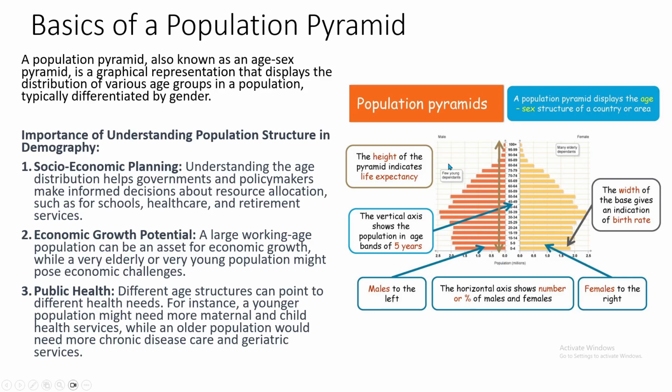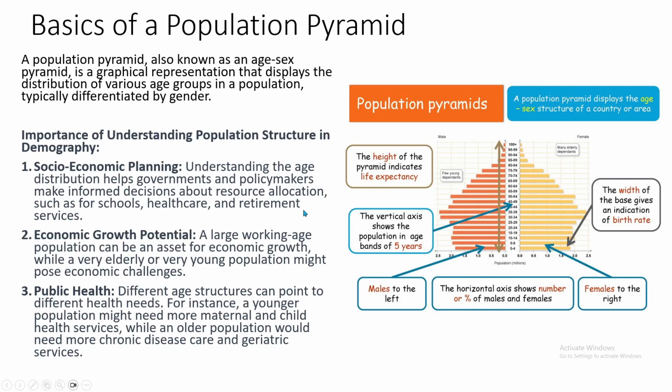We have the males on the left-hand side and females on the right-hand side. Then what we can see, if it's showing proportion of population, the width of the pyramid indicates the structure of the population. So why is it important to actually look at population structure in demography and look at these pyramids? So one reason is socio-economic planning. Understanding the age distribution helps governments and policymakers make informed decisions about resource allocation, such as schools, healthcare, and